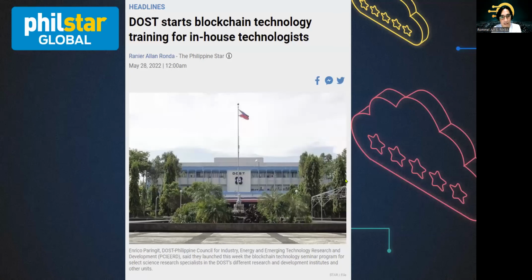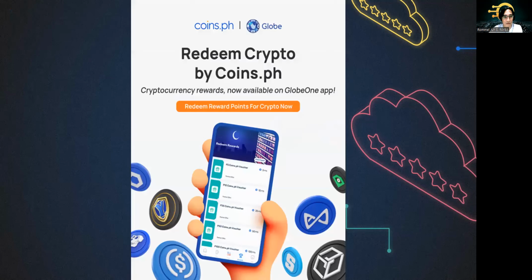Thankfully, the Philippines is slowly adopting to the technology. So now we're seeing adoption and initiatives like this. It was in the news a few weeks ago. And then recently, Globe and Coins.ph are working together to allow users to redeem crypto by Coins.ph. Although medyo masakit-sakit lang ang fees ni Coins, but it is one of the few conversions or apps that we can use to actually convert crypto. And hopefully it picks up so that we can see more applications in the years to come.